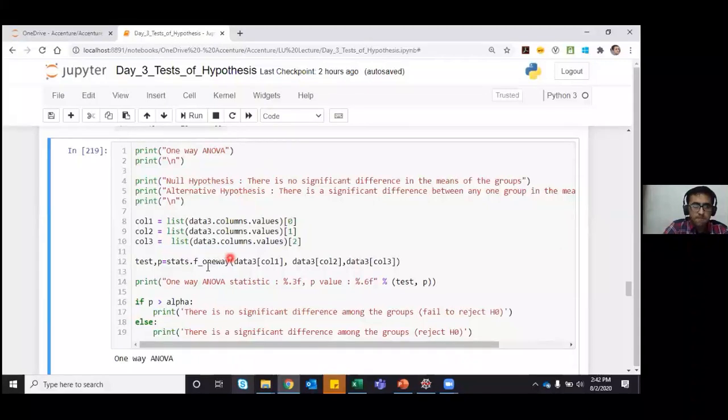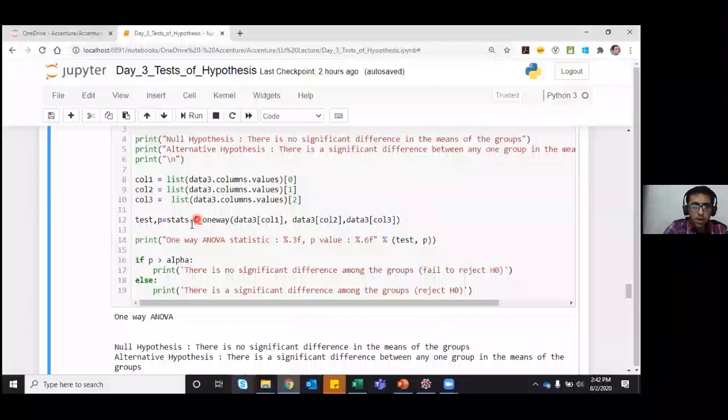Now if I want to perform one-way ANOVA, I will just use stats.f_oneway and put in all the 3 columns, or all the 3 variables or groups that we want to test for ANOVA. And if you have more than 3 variables in your data, you can simply add them.